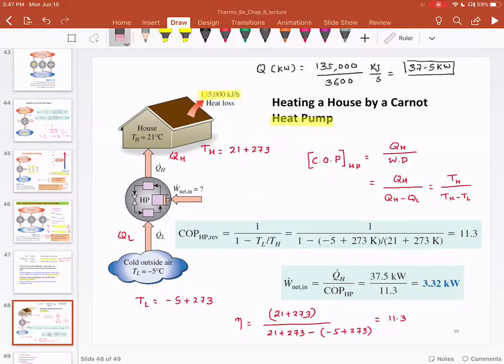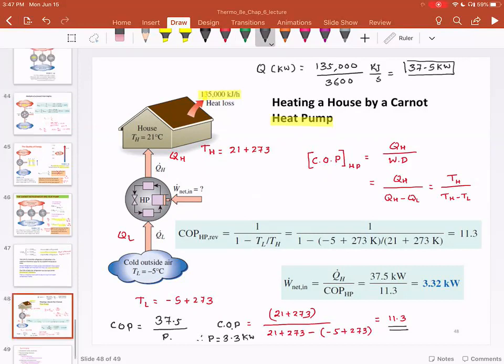And I need to be very careful. This is COP. So COP is equal to 37.5 divided by the work done, or in this case power. So I would use 11.3, and then I can find the power as 3.3 kilowatts. So here is a simple example wherein we are trying to find the power required by the Carnot heat pump,